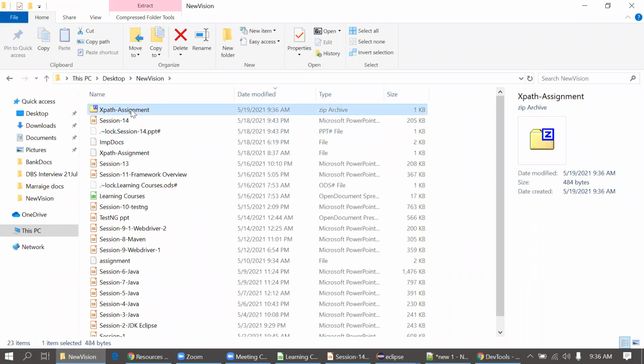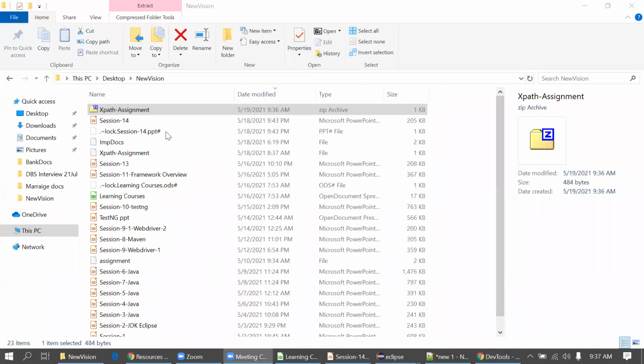This is the XPath assignment. I'm just looking for the option to attach. Try to drag it, sir. Drag and drop in the chat window. I think it's sent successfully. Everyone is able to see that, right? There is some trick in XPath as well, so try to create that. If you have any question, just get back to me tomorrow.